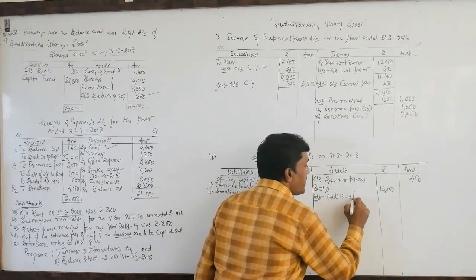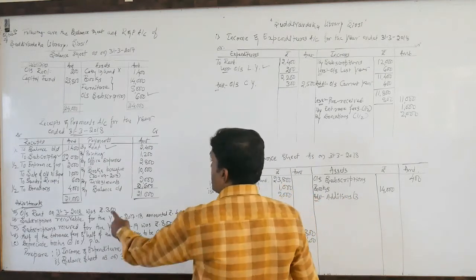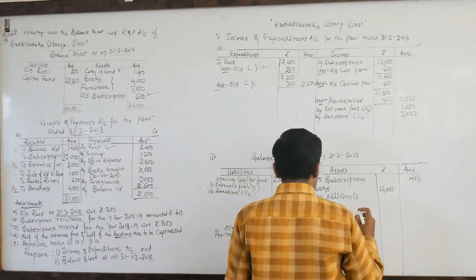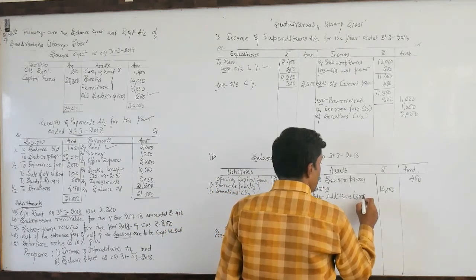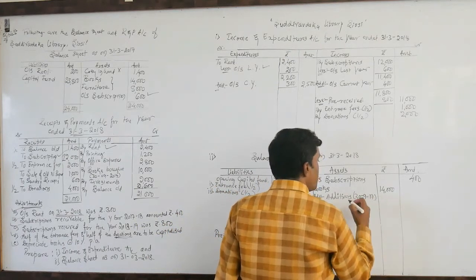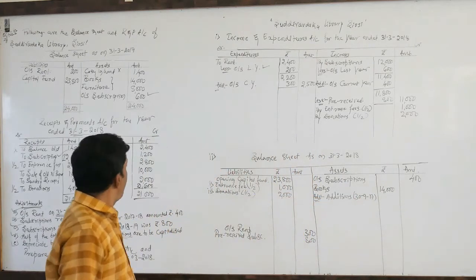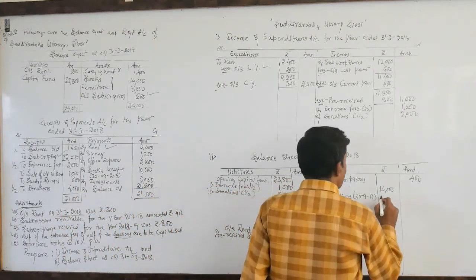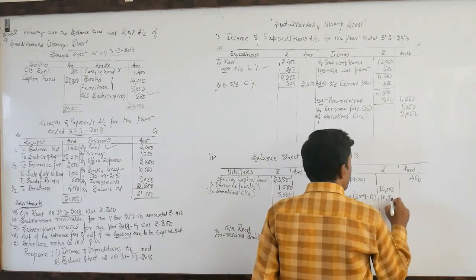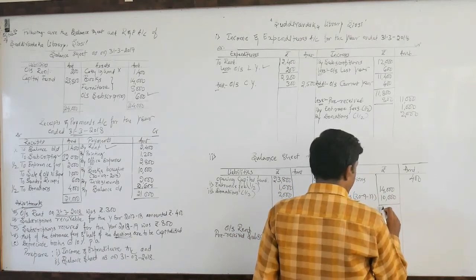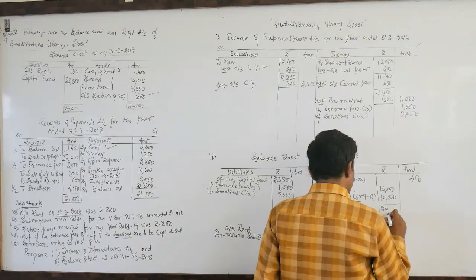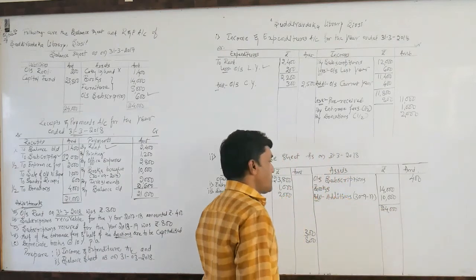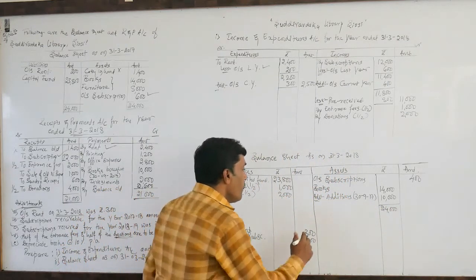The date they have mentioned is 30th 9, 2013, we purchased additional books worth rupees 10,000. So right now we have a total of 24,000 in books. We need to deduct